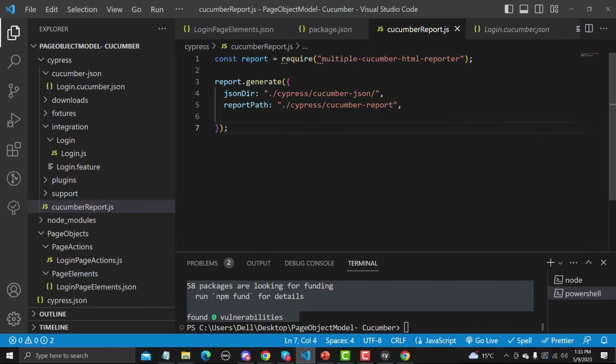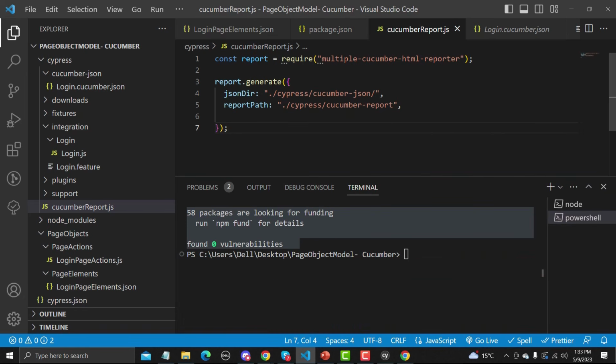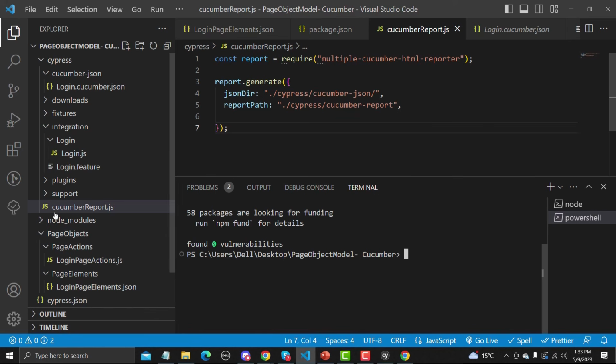Let me save this one, and now we already have the .json file, right? Because we have executed our test and we got this file generated, and now we need to convert this one into the HTML. So how can we do that? Simply we will run this cucumber-report.js file.